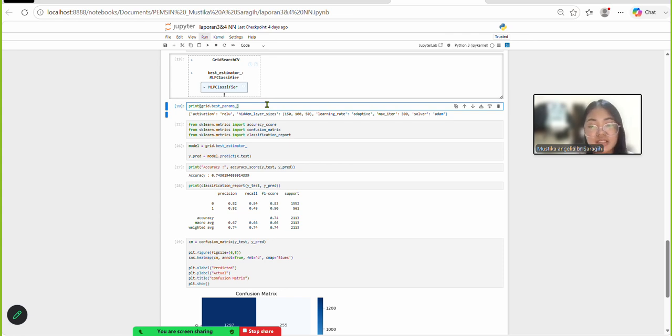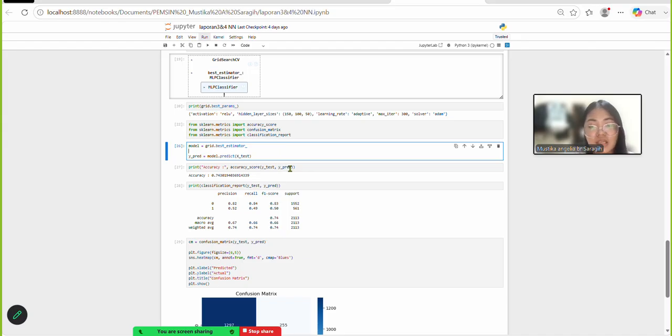Okay, next is import evaluation metrics. The metrics are used to evaluate the performance of the trained neural network model. And next is predict test data. The best model obtained from grid search CV is used to predict customer churn for the testing dataset.